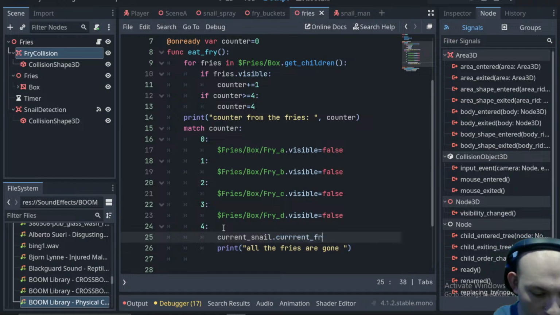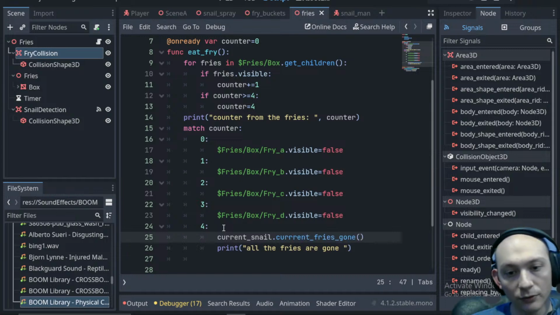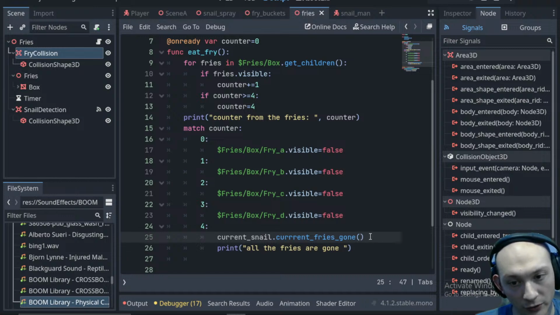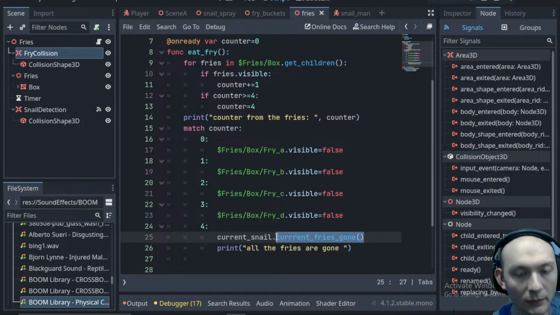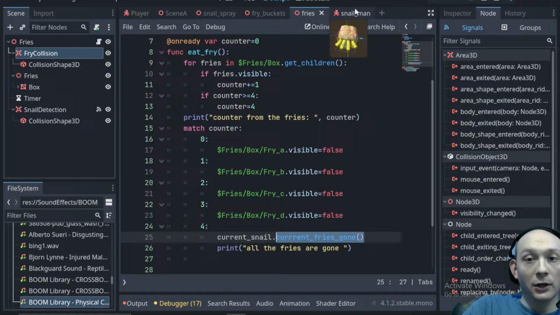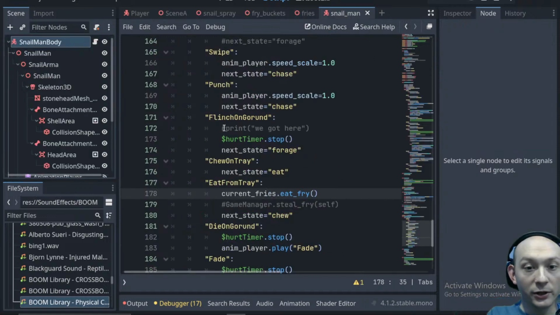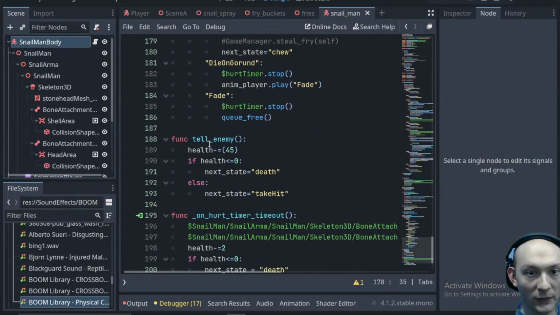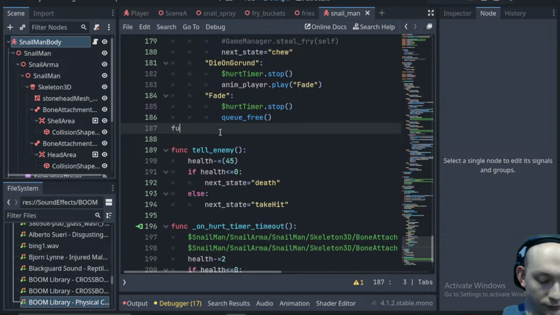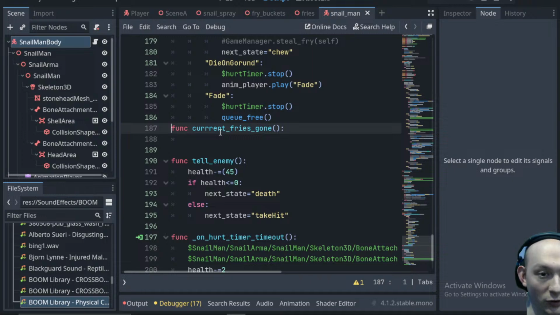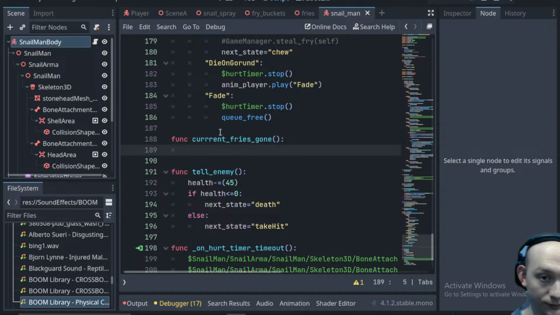Current fries gone. So yeah, then we'll have to go to the snail and make that. Let's go to the snail. We'll go here. I gotta go to funk. Funk, current fry is gone, and then we'll basically just have to,